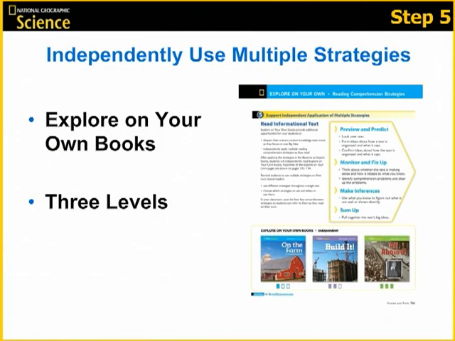And finally, step 5 of the Read Informational Text model asks students to independently use multiple strategies. They will apply these strategies using the Explore on Your Own books. These books are written at an independent reading level for students, but students may want to select the most interesting one despite its readability. Each Explore on Your Own book focuses on one big idea and includes 1 to 2